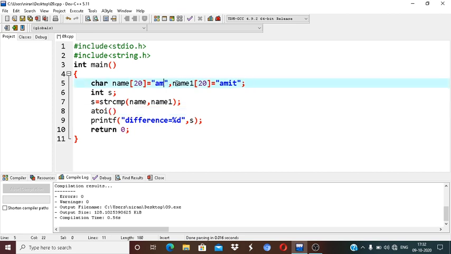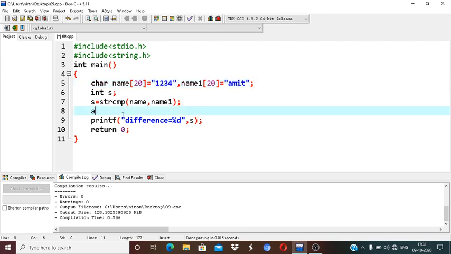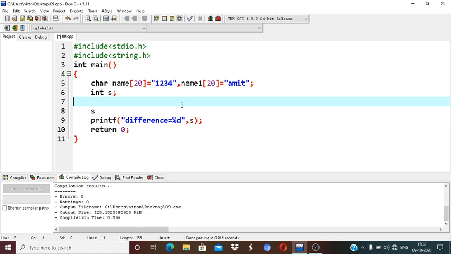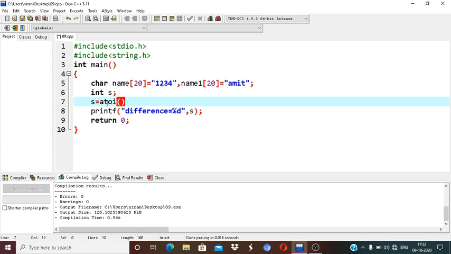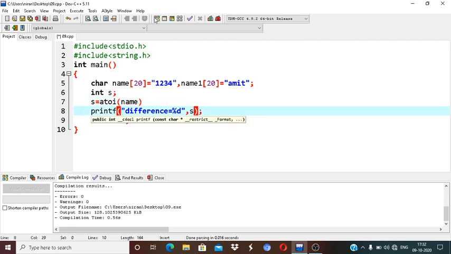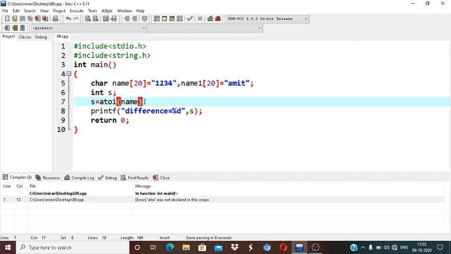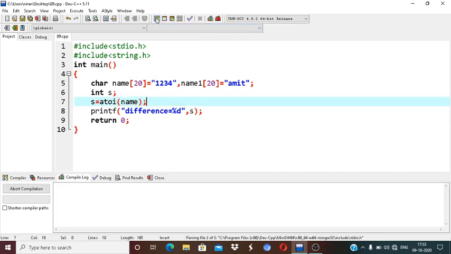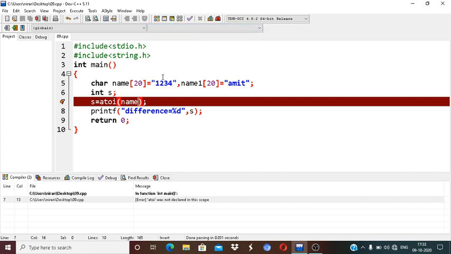Suppose I take 1, 2, 3, 4, it is an integer string, so it will convert this. If I print, what will be the output?